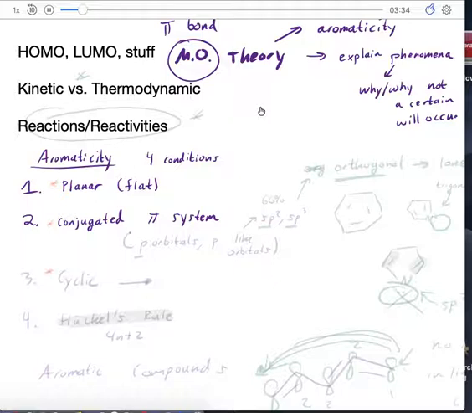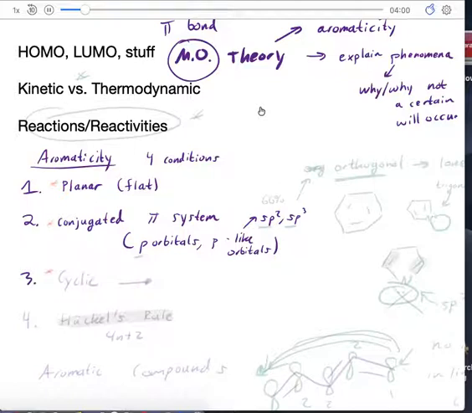By this, we specifically mean it's p orbitals or p-like orbitals. With the p-like orbitals, I mean sp2, sp3, those hybridized orbitals that can potentially participate in the conjugated pi system. The third one is,